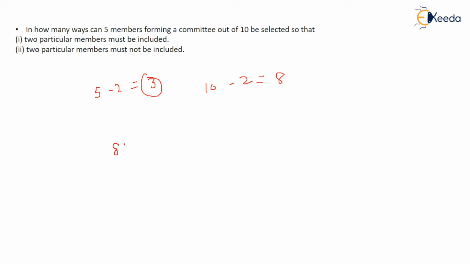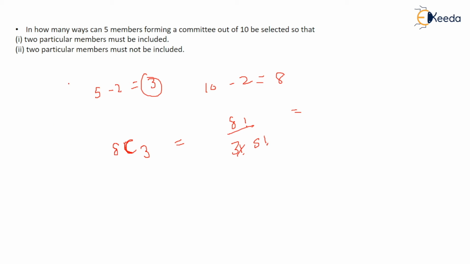Now out of 10 seats, how many do you have to choose? Whenever you have to choose, you apply combination, right? You have to choose 3 members. Why 3? Because 2 seats are always included. After doing this, you will get 8C3, and you can find that value, 8 factorial upon 3 factorial into 5 factorial, by doing these calculations.